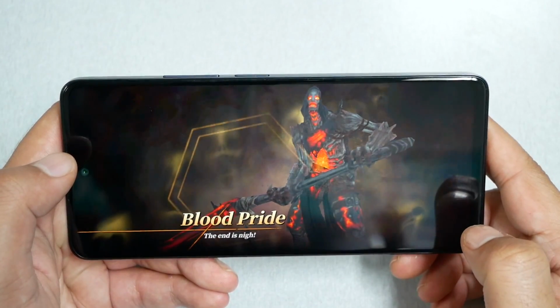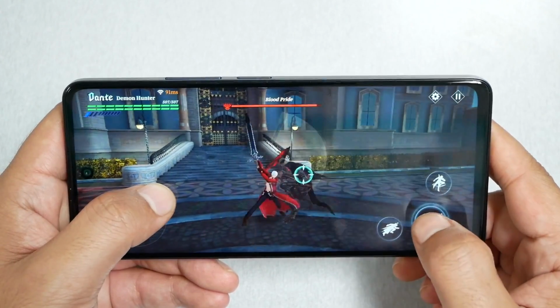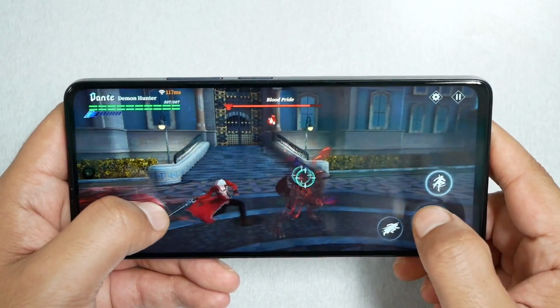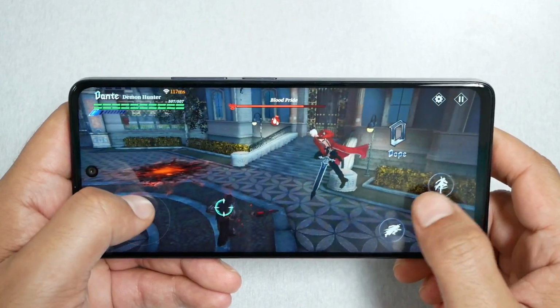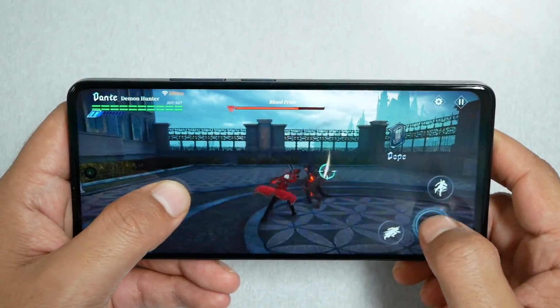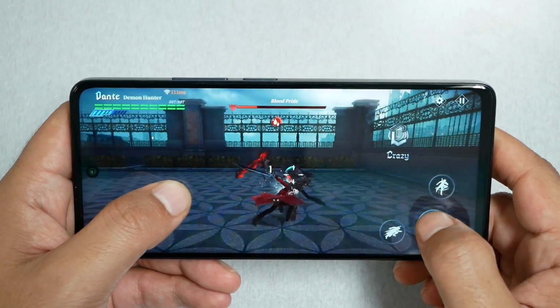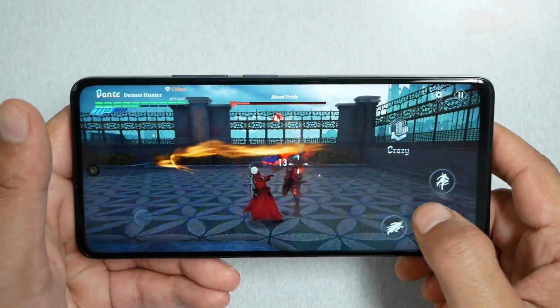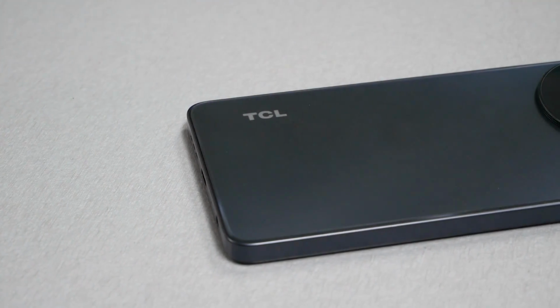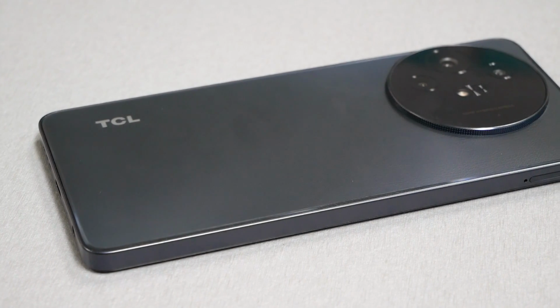But if you want to get the phone to play light games and you want to do social media and day-to-day applications, I don't think the hardware will be the biggest issue. But if you're looking for high performance and to open multiple apps at the same time, maybe you're going to start having some issues with the TCL 50. Now for the battery performance, it seems like TCL is trying to promise you good battery performance, and